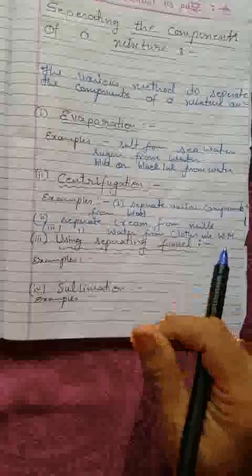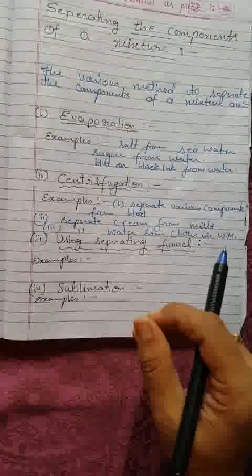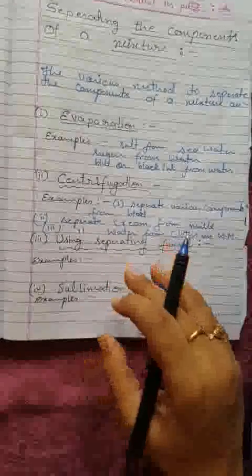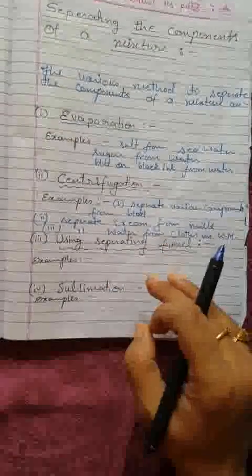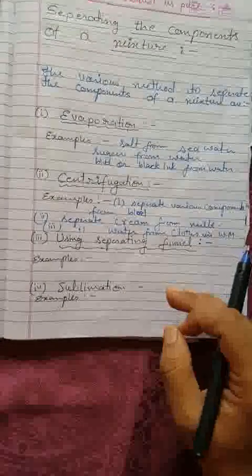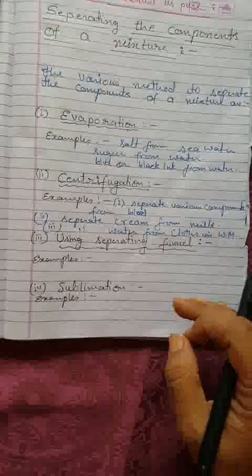What happens actually: suppose there is a mixture of cooking oil and water. Now we want to separate oil and water. So we use a separating funnel. In a separating funnel, we put this mixture. I'll show you how it works. I'll show you the diagram given in your textbook. This is the separating funnel. Suppose in this separating funnel, it is given kerosene oil and water.